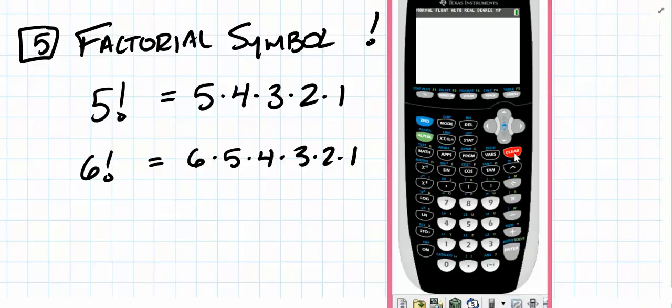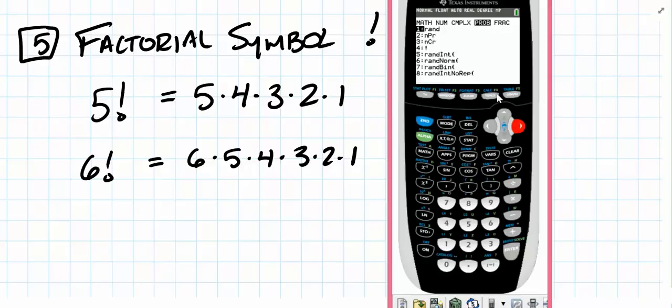So how do I get the factorial symbol? Well, I want to do 5, so I'm going to push the button 5. And then I'm going to go into the math button. The math button is right there. The red one. Find the red one. And then look, you've got some math, number, complex, probability, or fraction. If you go all the way over to PRB, which stands for probability, so move the cursor over 3 times, you'll notice that option number 4